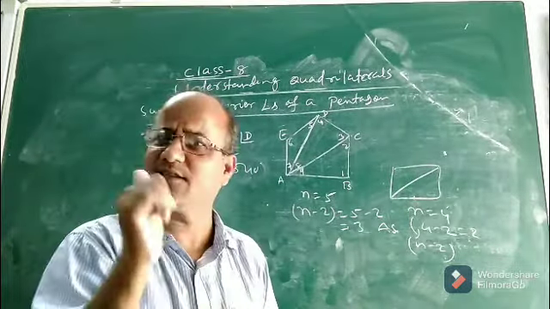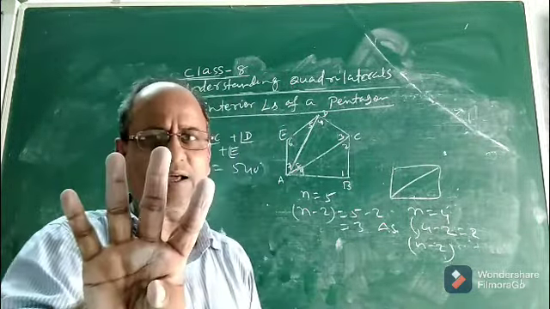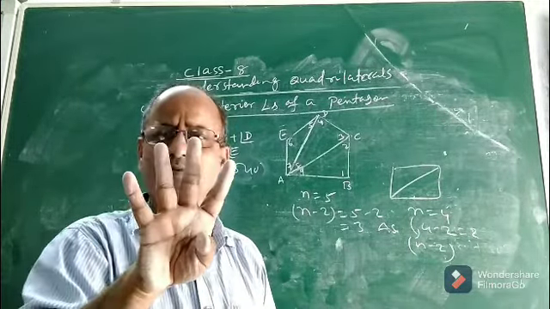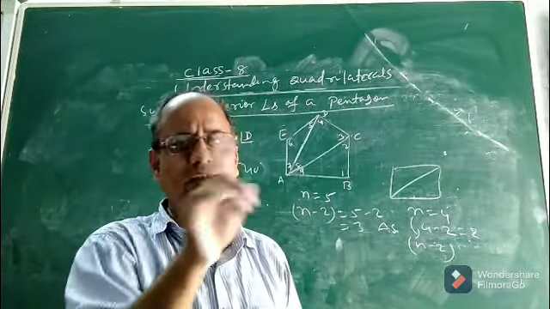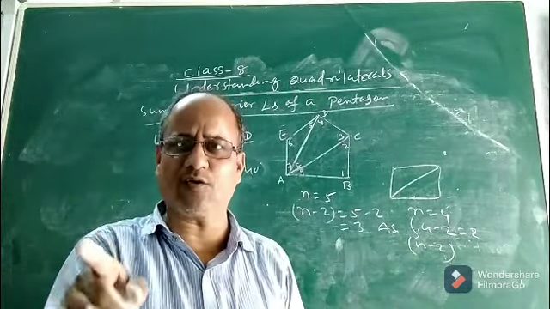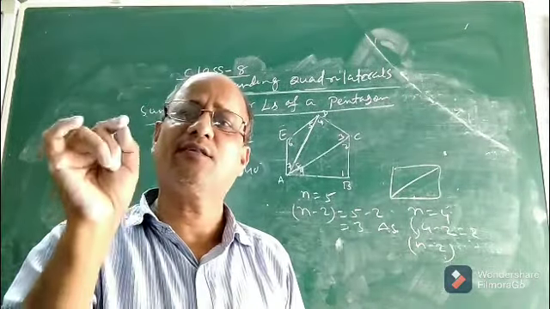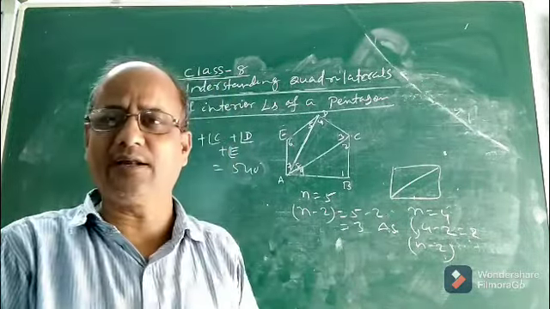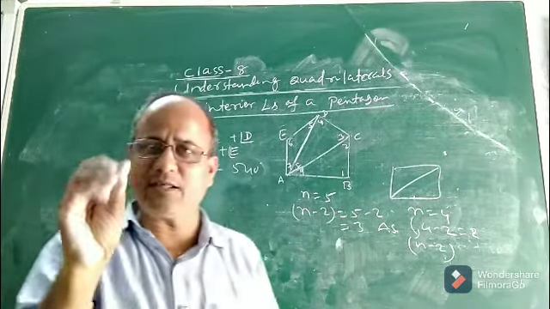Hexagon means how many sides are there? 6 sides. So 6 minus 2 means 4. You can divide the hexagon into how many triangles? Maximum 4 triangles you can divide. Now if you can divide it into 4 triangles, then you apply angle sum property to each triangle. 180, 180, 180, there will be 180 into 4, that is how much? 720 degree. You will find that the sum of the 6 interior angles of a hexagon will be 720 degree.